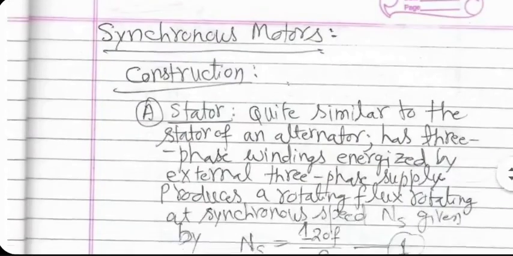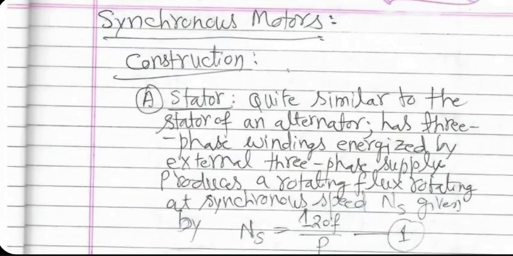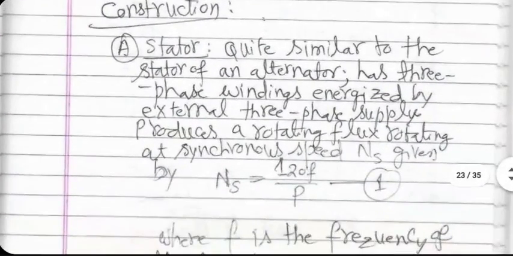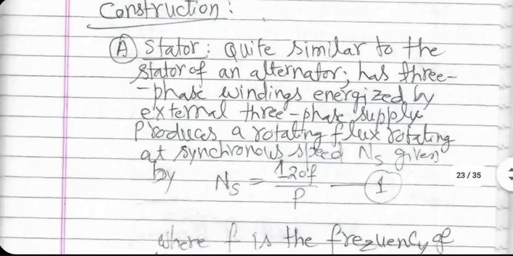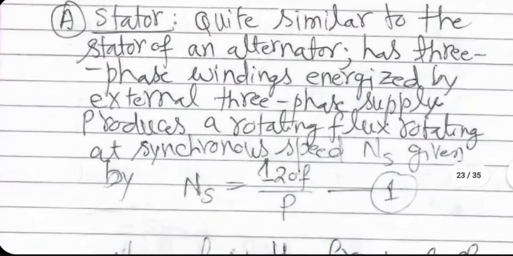Now, synchronous motor is the opposite of the alternator. Windings, etc., are the same, just that now you are supplying three-phase input rather than drawing three-phase output from it. So everything works in the reverse. The synchronous speed is now given by this same equation, which is previous equation written in a different manner. And rotor will also run exactly at this speed because of the nature of the construction.